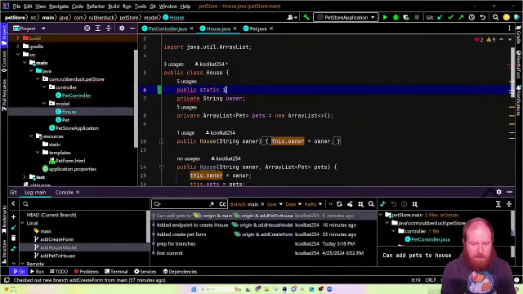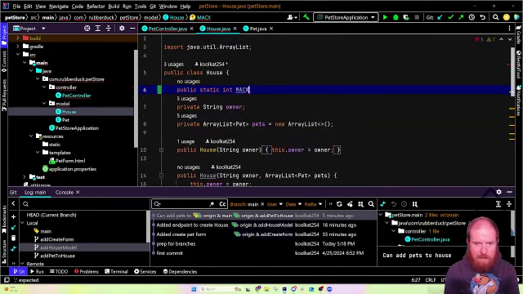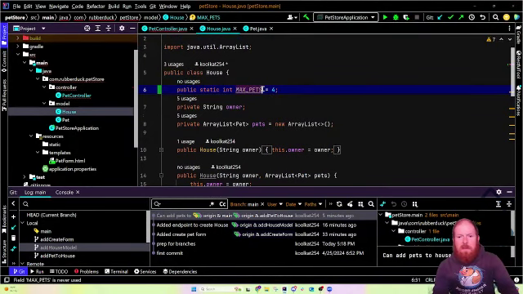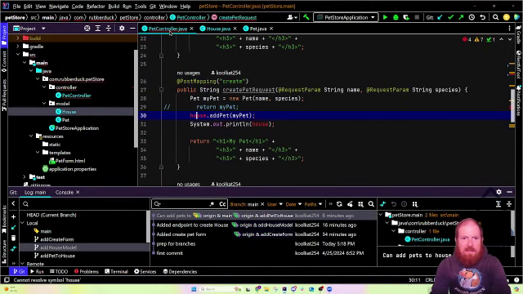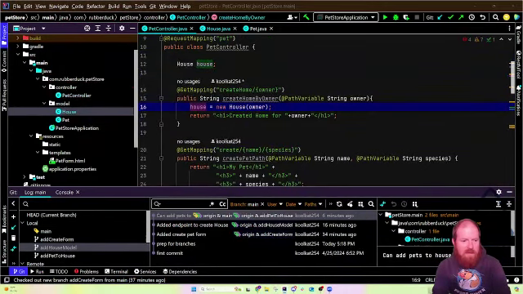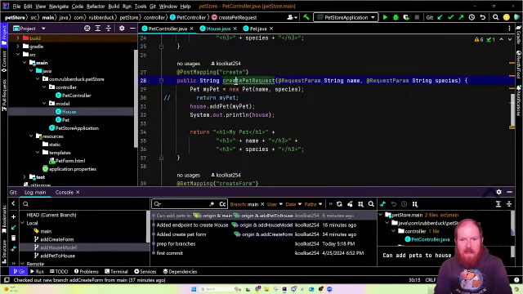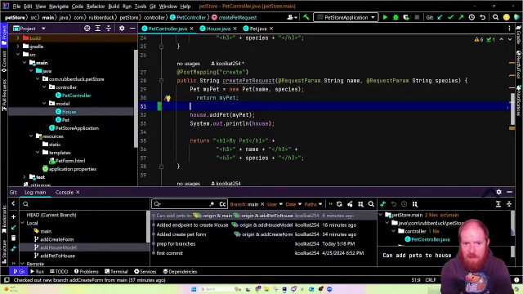Static int of max pets. Now you could do something like this, but that's all this is saying is, instead of over here, let's turn this back. I think this absolutely makes sense, but because I've gone around a circle already, it may not make the greatest sense. But let's say that in my creating pet request, I can only create however many pets is allowed in